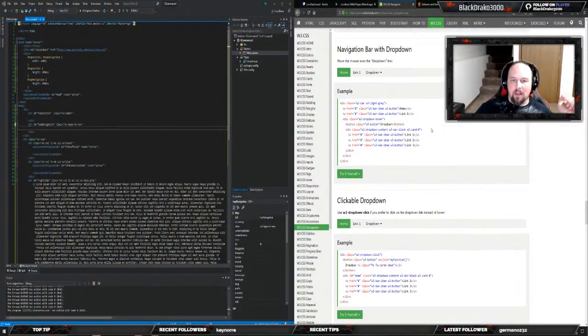Now, as you see, there's a hover one or a clickable one. And depending what you want depends on which one you use. If you can just do a one level like this, you can get by with just a clickable or a hoverable. It's up to you. But if you want to add a second layer to this, it's like you click, we'll say this drop down is